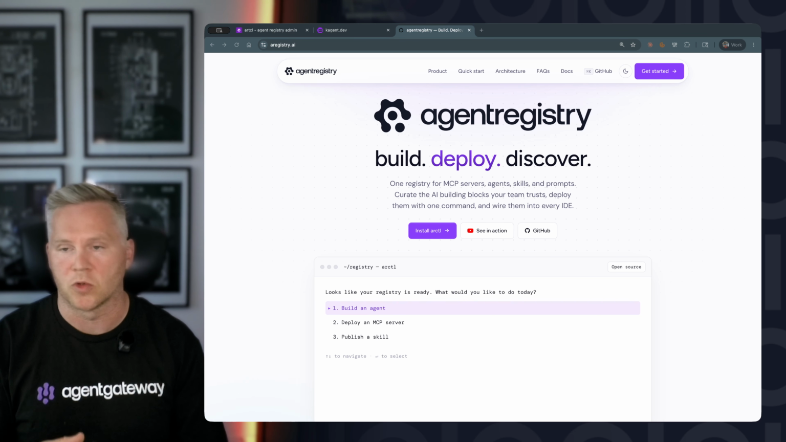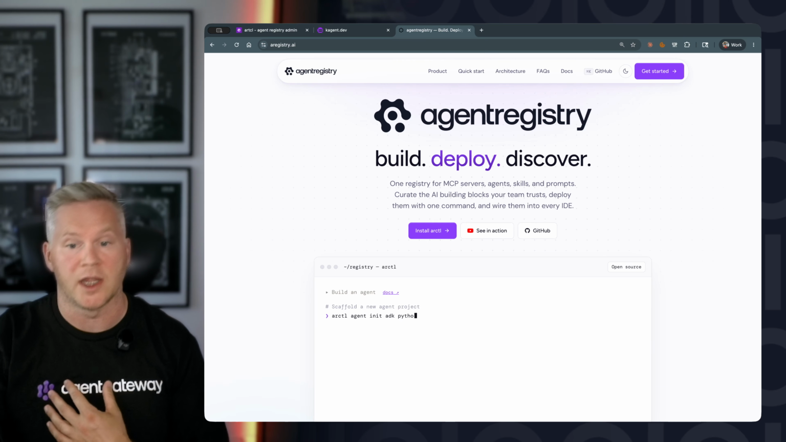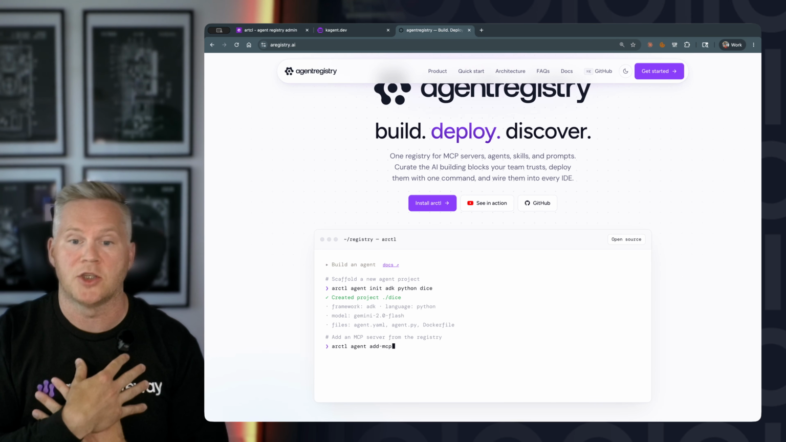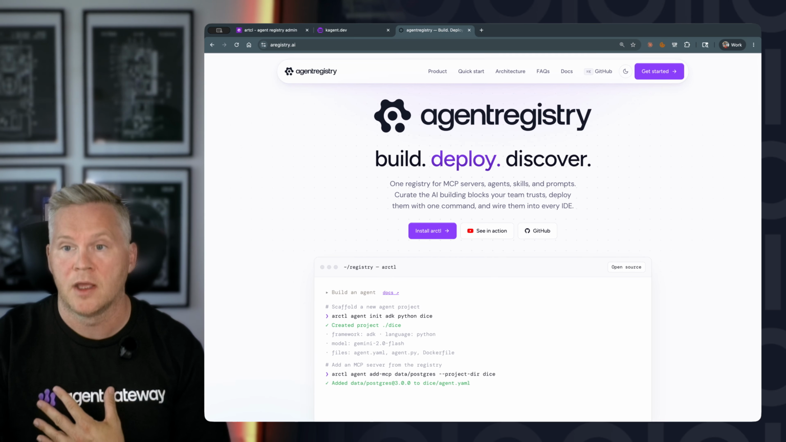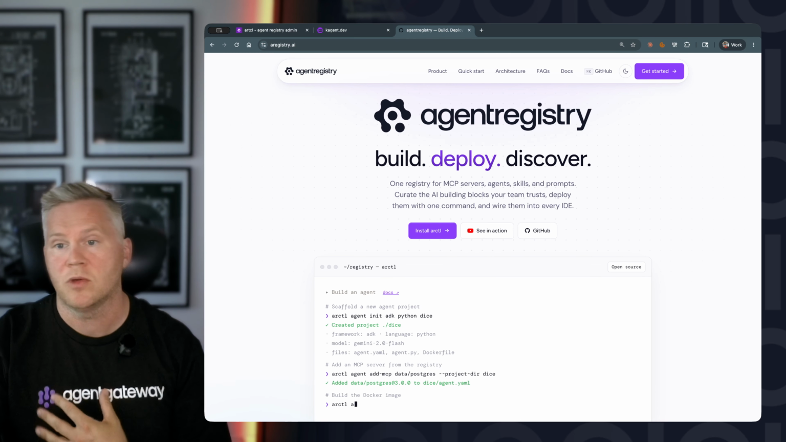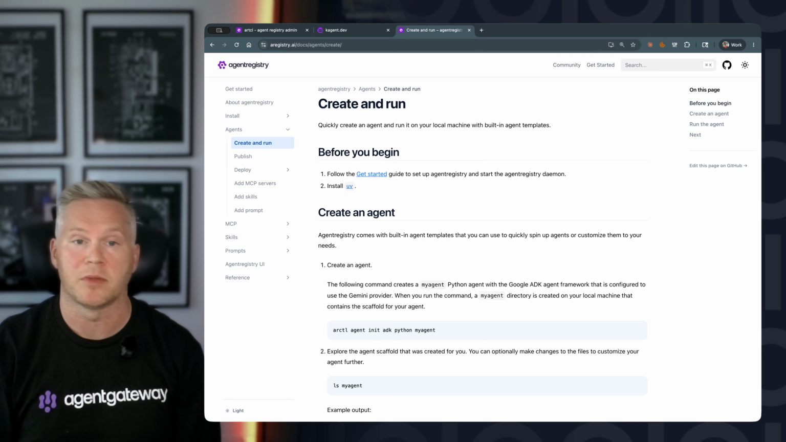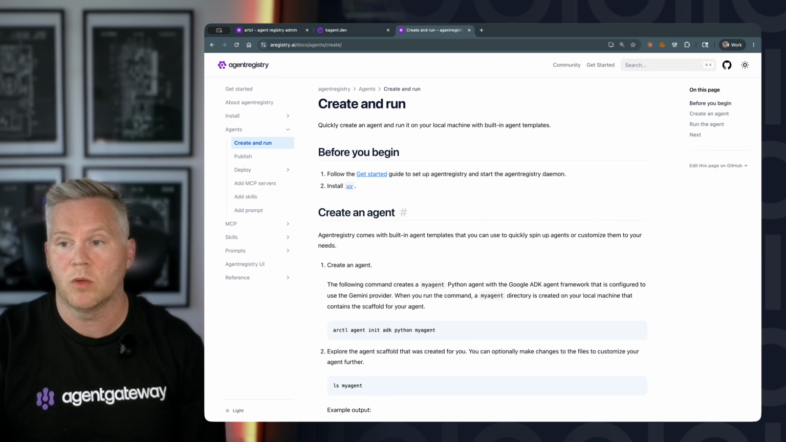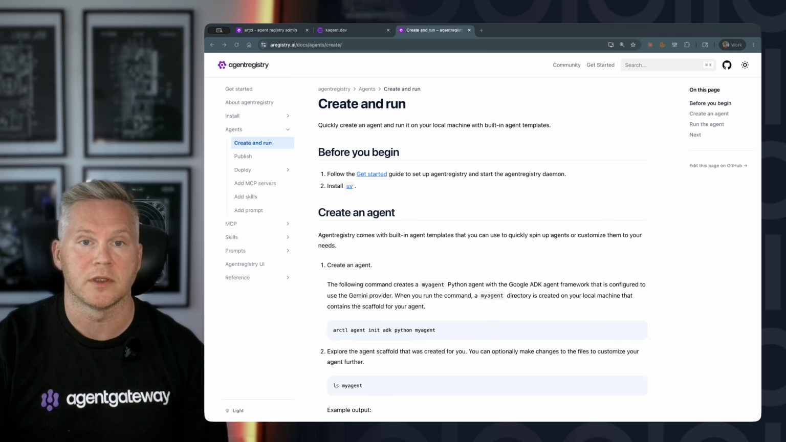So everything I'm going to be doing today is building an agent. I'm going to be using the Agent Registry command line interface, and you can follow me on the docs page. First thing you need to do is install Agent Registry, be it with Docker or in your Kubernetes environment. And I'm going to be following this instruction, with a slight change, I'll be using OpenAI as my LLM provider itself. So let's jump into the terminal